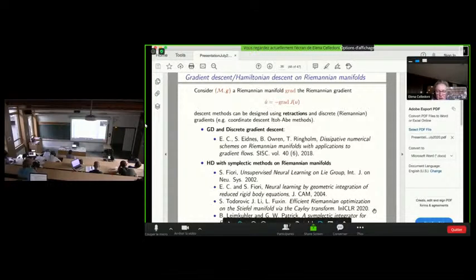And also very recently, it appeared in a conference proceedings, a paper on the generalization of the Adam method on the Stiefel manifold. And then I want to mention this last paper here by Leimkuhler and Patrick on symplectic integration on Riemannian manifolds, which could also be useful for adapting methods in this situation.